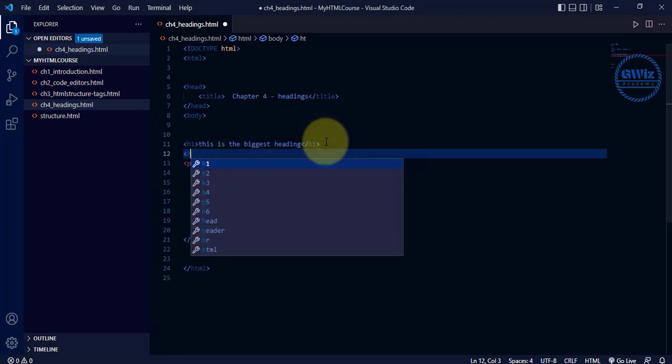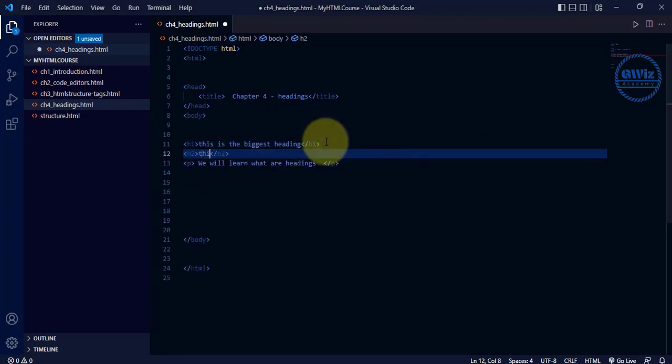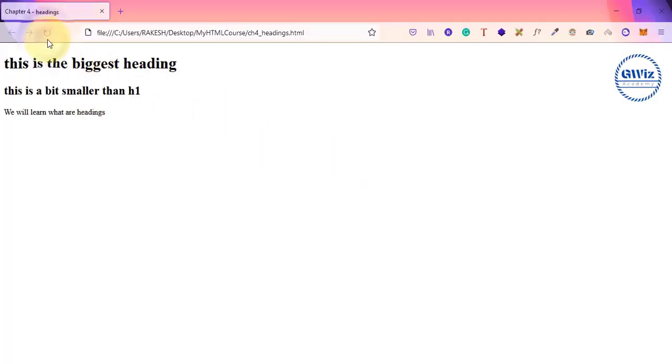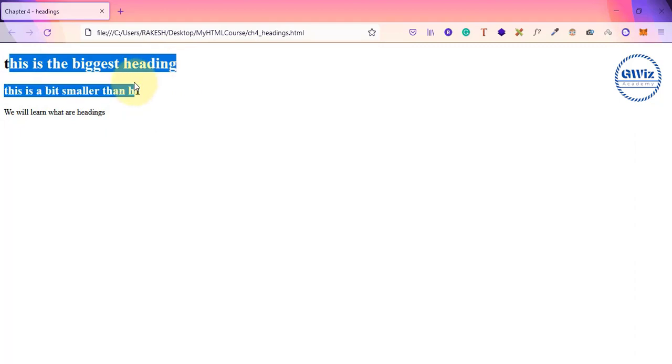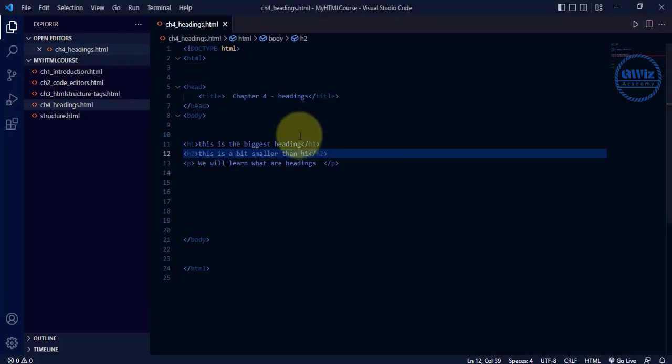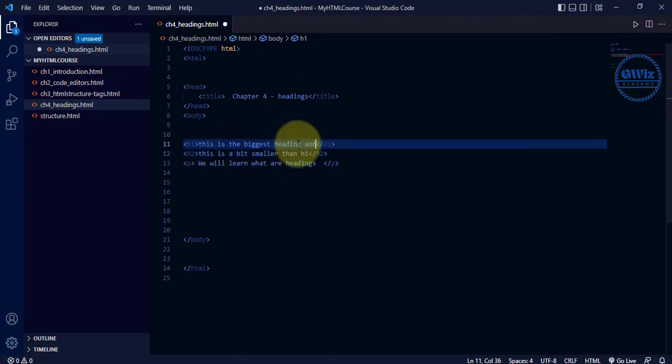H2, this is a bit smaller than H1, right? So H2 start, H2 close, save it and go back here and let's refresh. As you can see, there is a difference in size of this particular font. This particular text is bigger and this particular text is a little bit smaller than H1. So let me name it here. This is the biggest heading and is H1,